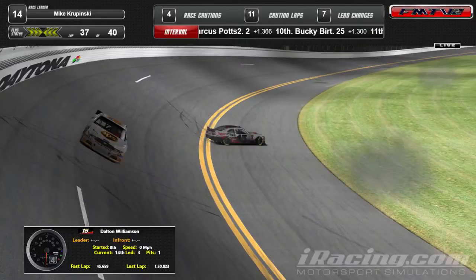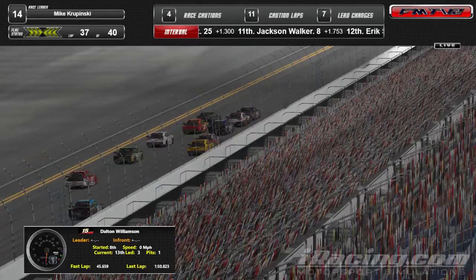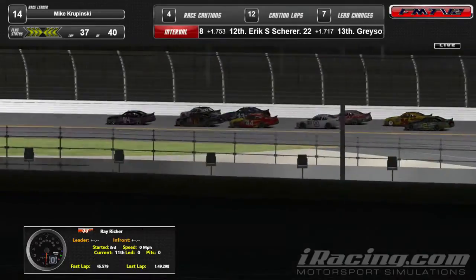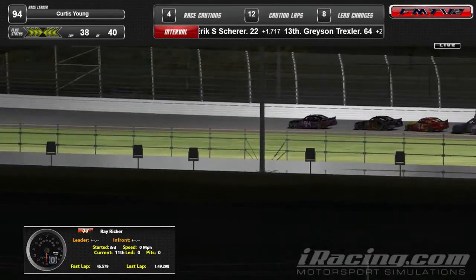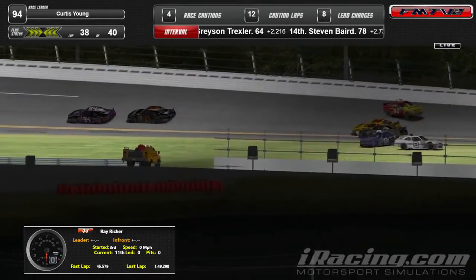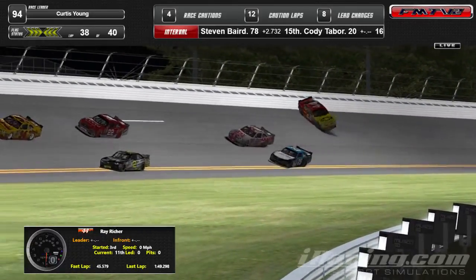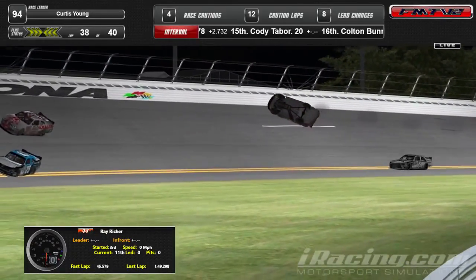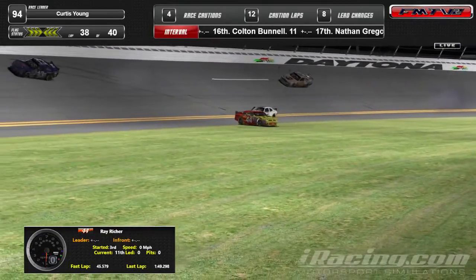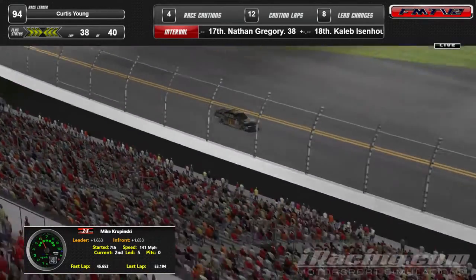Holy cow. Man, let's go back and just show what happened here because the 44 got involved. Ray Richards and a lot of other cars got involved there. Oh, looks like the 13 got turned. Ray Richards got turned. We're in slow-mo action right here a little bit. Man, jockeying around and up on his lid. He's doing a barrel roll, unfortunately. Oh, sliding it down there. Wow, the big one. And that's going to do it here tonight, folks, as your winner of this race, Curtis